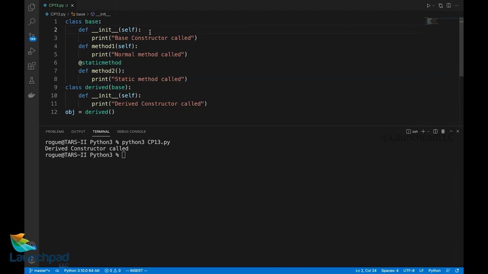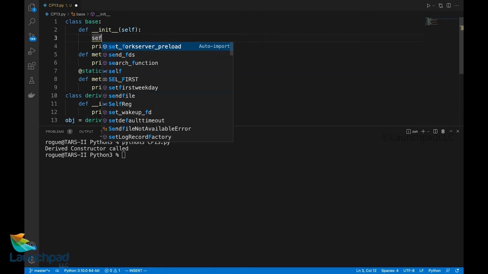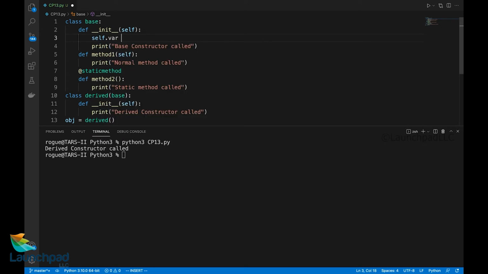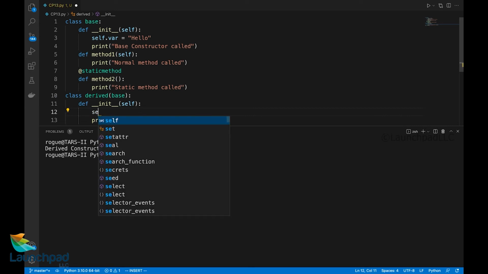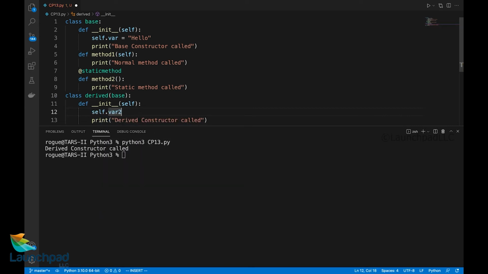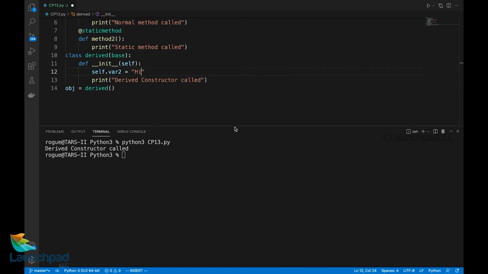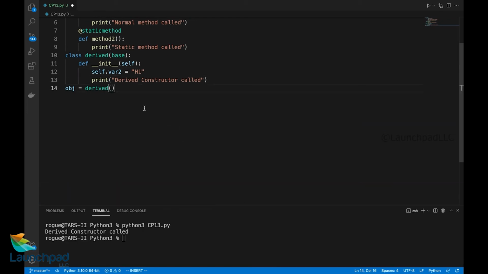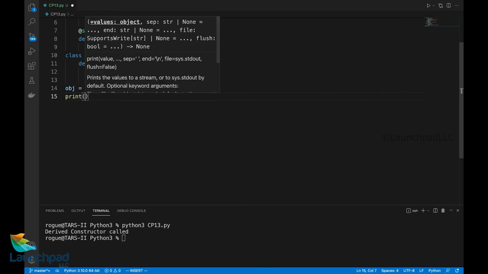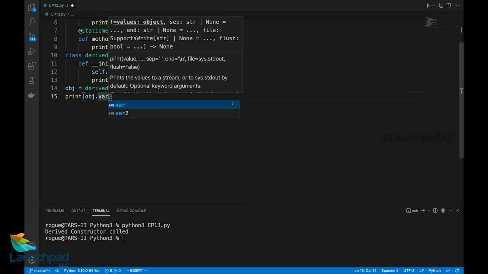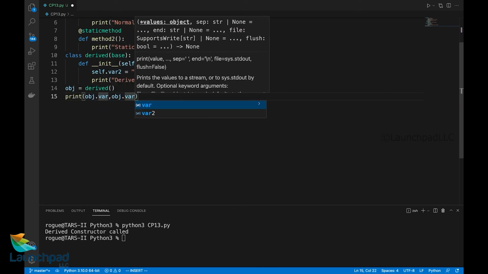Now let me create some member variables here. self.var is equal to hello. In the derived class, I'll also create another one, self.var2 is equal to hi. Since this class is a derived class, I should be able to access both the variables. So I'll print obj.var, obj.var2.